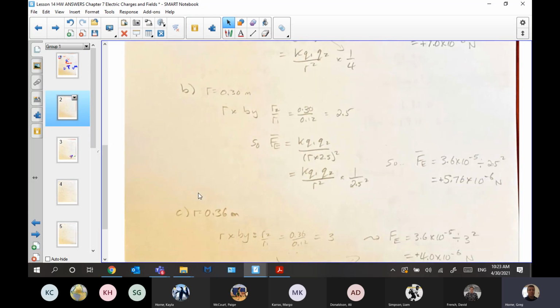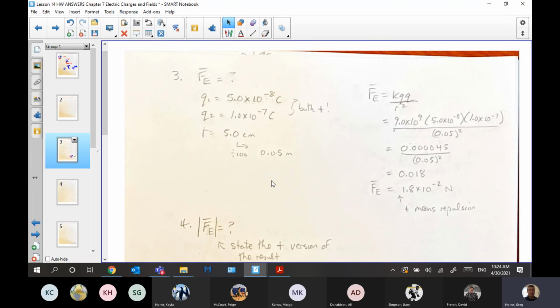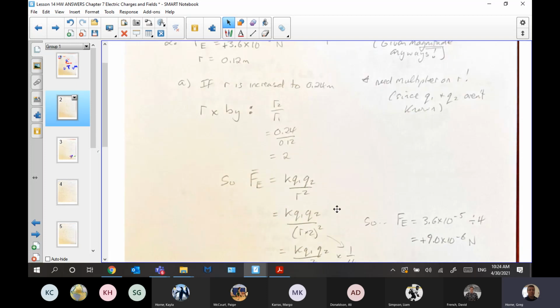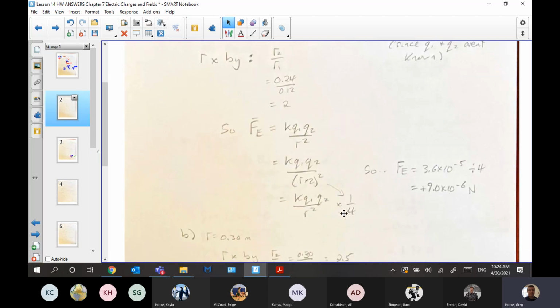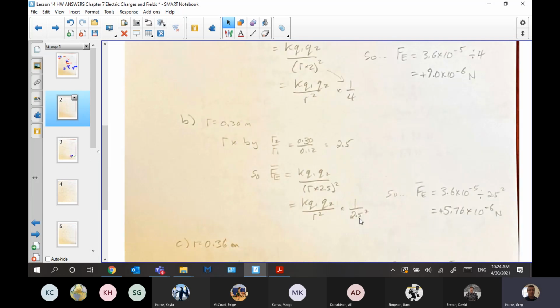Question number 3 ends up being an easier question than 1 and 2, right? Because 3 is just plug in numbers, calculate result. So if you go back, question 2 was about the rate, the distance changing again, right? So the distance between changed from 0.12 to 0.24. We needed to recognize that that's a factor of 2 increase, and that led to the classic r squared in the bottom, the square at that time, dividing the force by 4. The weird one,